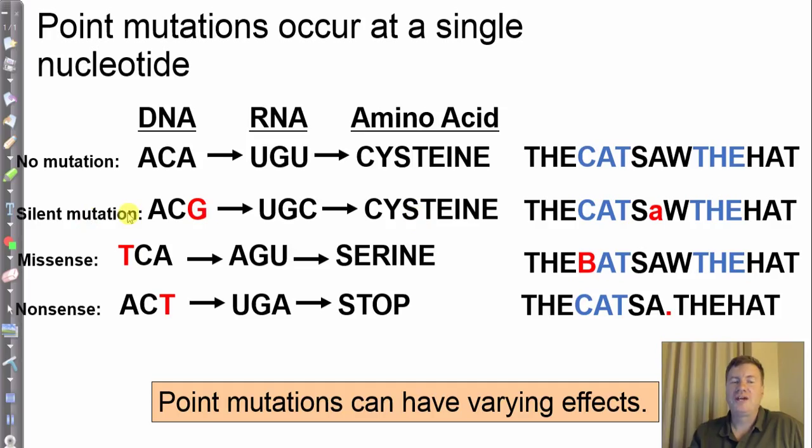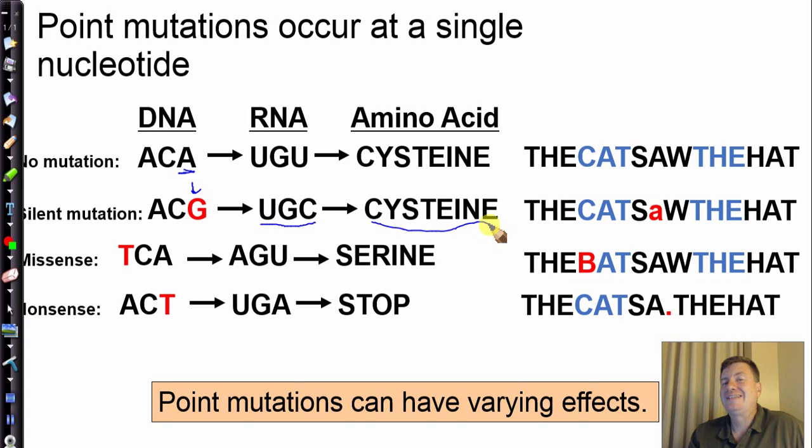I could have a mutation. Something could happen to this original sequence where this A gets mistakenly replaced, and a G gets put into its place. Now I have a CG, which gets turned into the RNA version UGC. Notice in this case, it did not change the amino acid. There is some duplication for some of these, so that would be no issue.